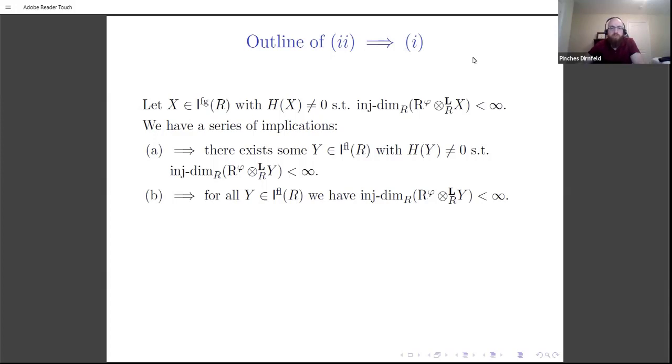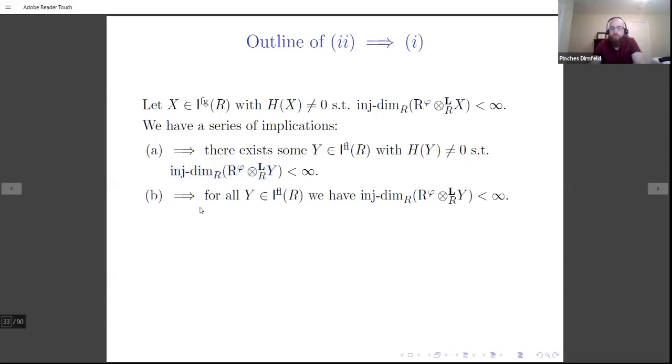I forgot to mention one thing. When I'm looking at this injective dimension, this might be a little confusing. It certainly wasn't that obvious to me on first reading. I'm really looking at the injective dimension of this derived tensor product in the target ring, not in the source. Avramov, Iyengar, and Miller have already proven that this derived tensor product will have finite injective dimension over the source ring if and only if R is regular. So keep in mind this R is really viewed in the target.